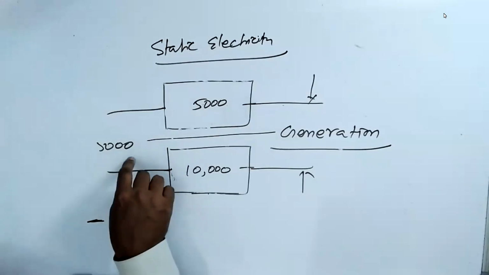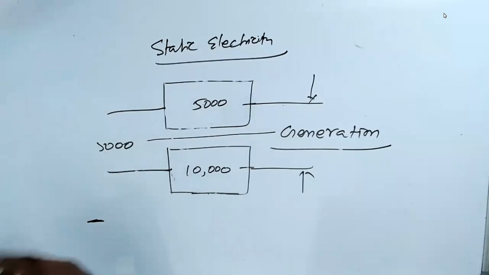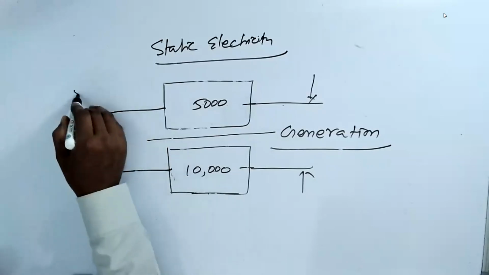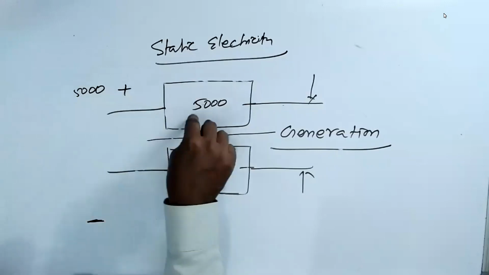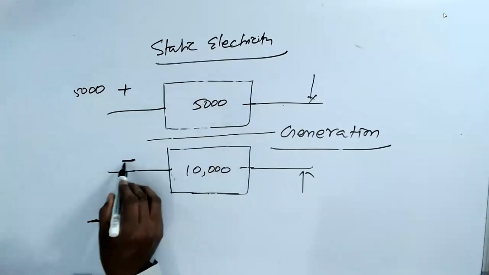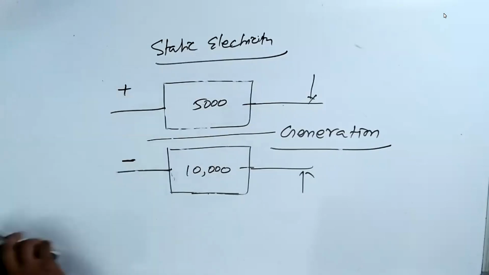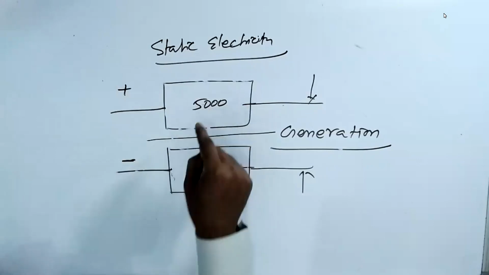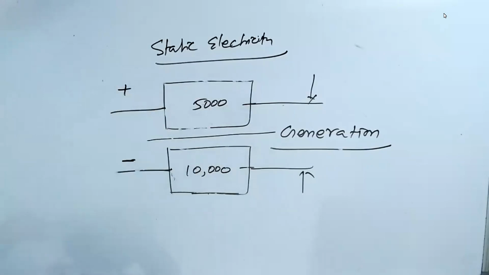Instead of saying that this guy has 500 more electrons, they started saying that this guy has 500 protons more. Understand? That's why they call this positive and this negative. This is a very simple concept. They didn't want to represent it that way: here less electron, here more electron. That's why they call it negative, and here they call it positive.